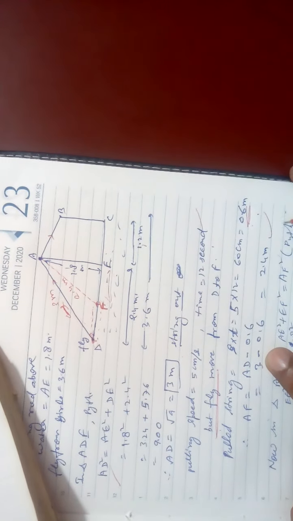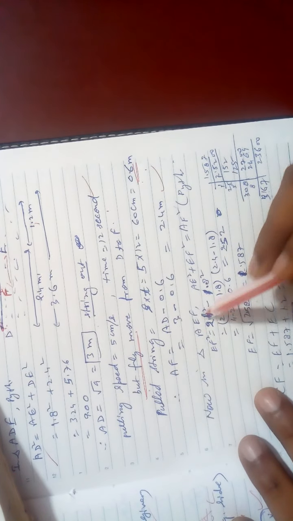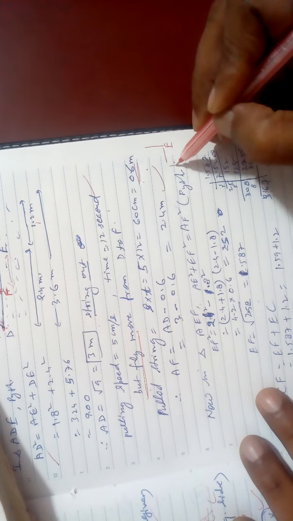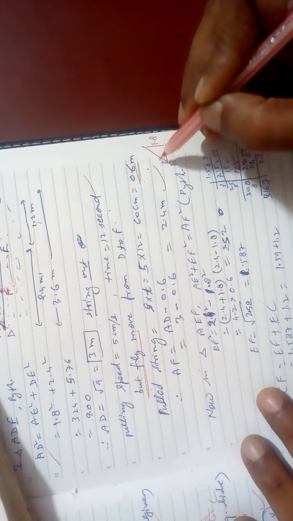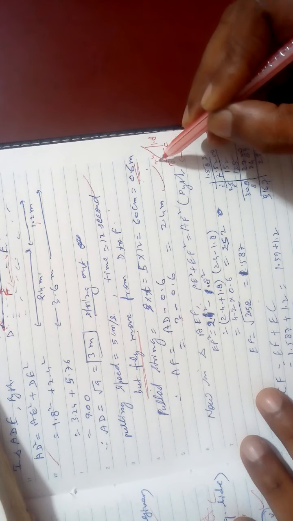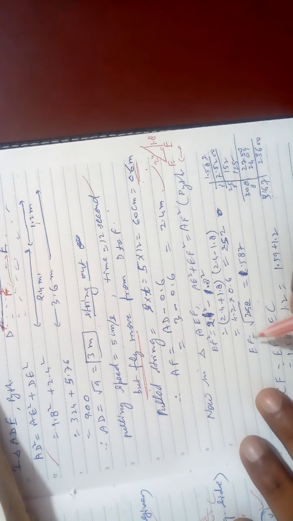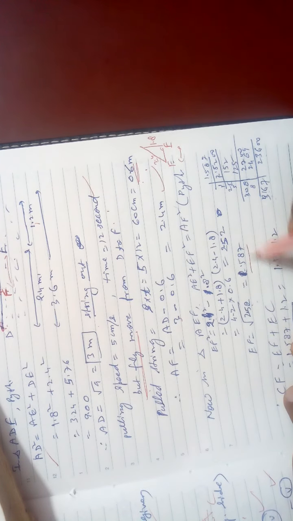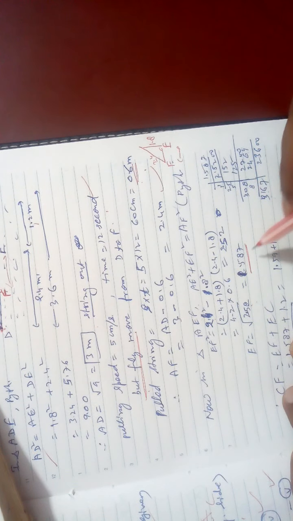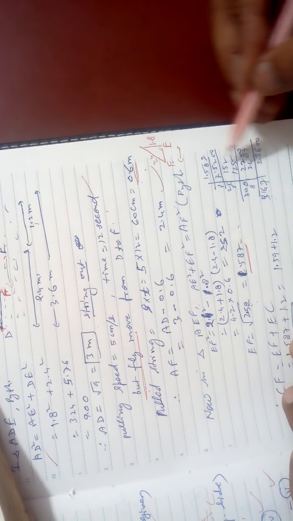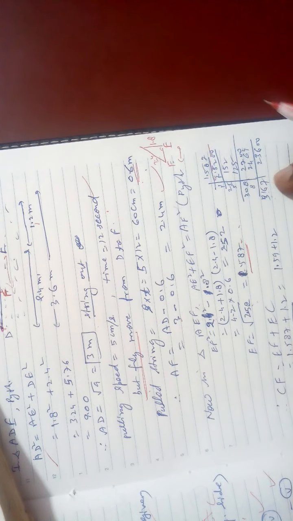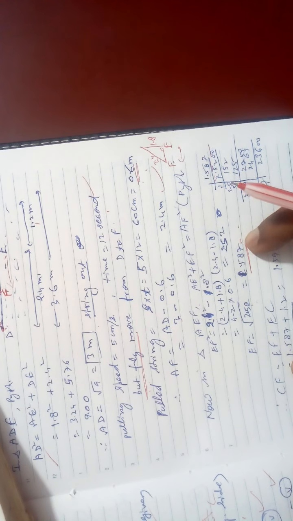Now by Pythagoras you find out EF. Again apply Pythagoras in triangle AEF. You are getting this triangle in which EF is to be found, and it is 1.8, it is 2.4. You can get EF by Pythagoras: 2.4 square minus 1.8 square. Your answer is under root 2.52. It is 1.587 approx. I am calculating by the division method, pairing method, long division. You are getting 1.587.